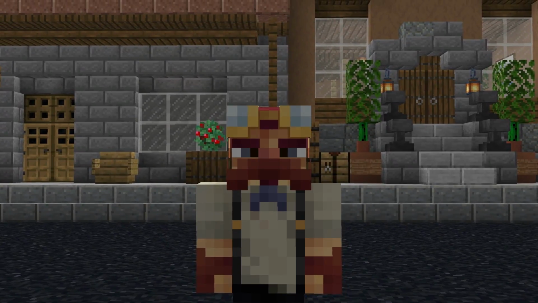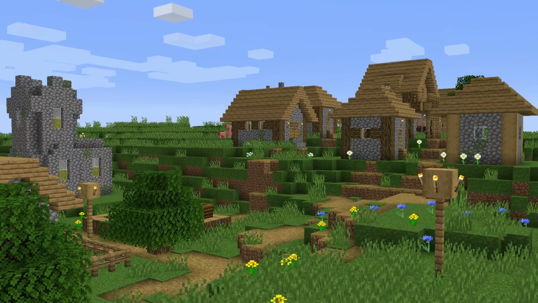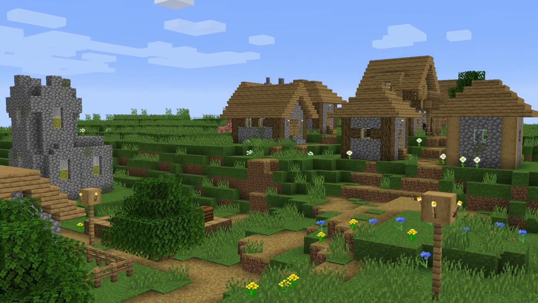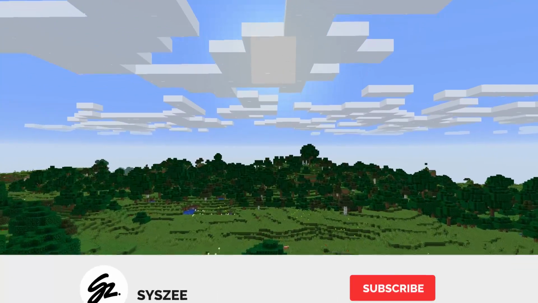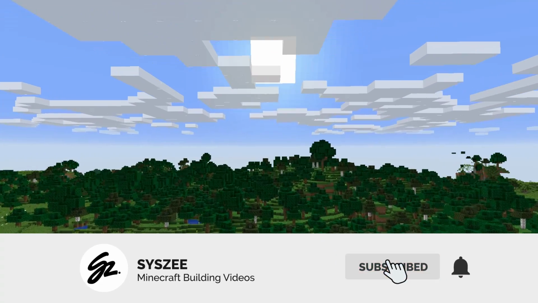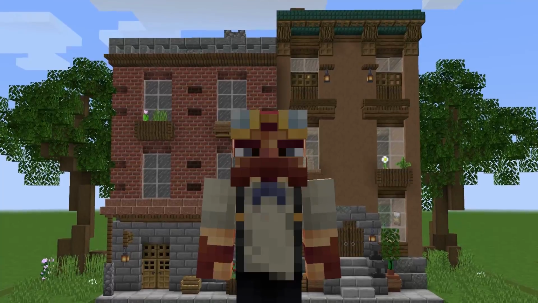Minecraft 1.14's Village and Pillage update has finally been released, introducing new village mechanics and a lot of other new features. And if you're anything like me, then that likely means that you've been inspired to build a custom village from the ground up. That being said, my name is System Z, and here are 8 unique village ideas for